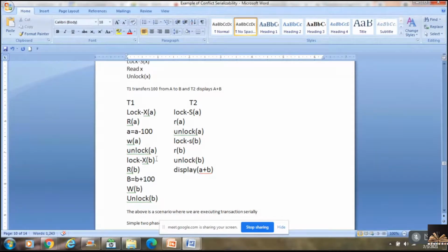After that, lock exclusive B, read the value of B, B is equal to B plus 100, write B, then unlock B. So now I'm transferring 100 from account A to account B. Transaction T2 is just interested in reading the values of A and B, and adding A plus B.